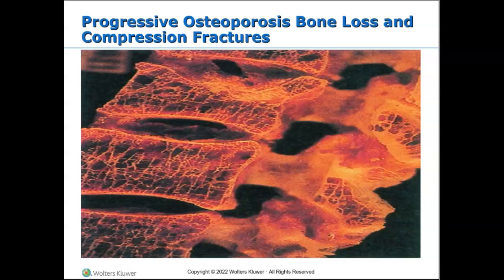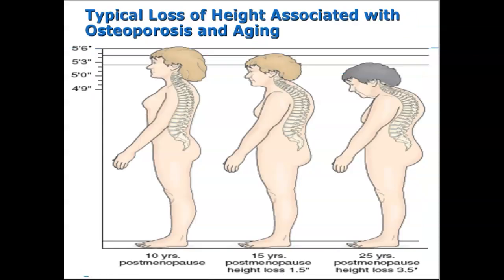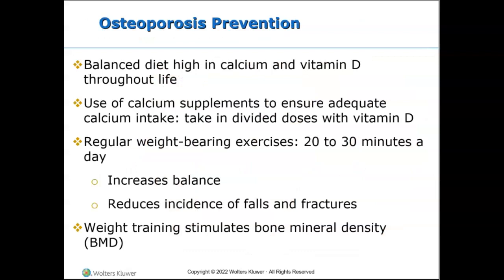All right. Here's what happens as a result of this bone loss and osteoporosis. We actually lose height. The goal of osteoporosis treatment is prevention or slowing down the loss of bone strength over time to reduce the risk of